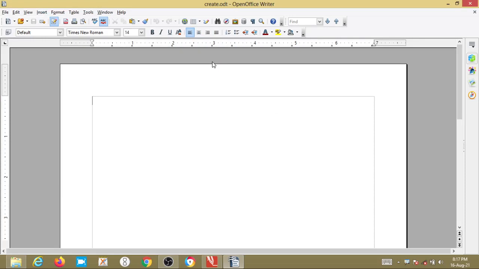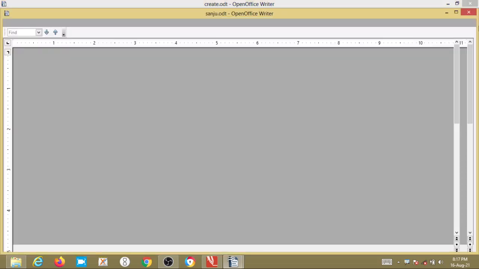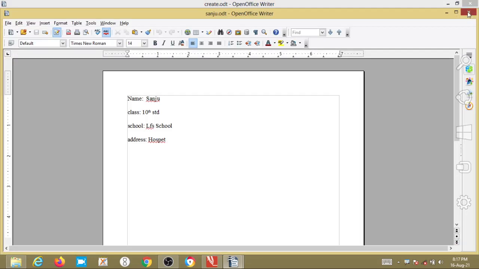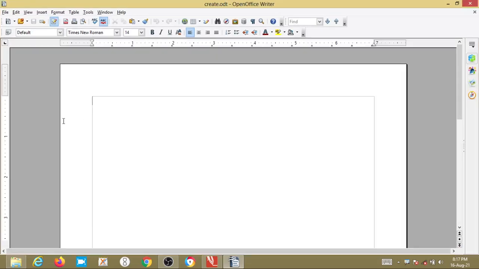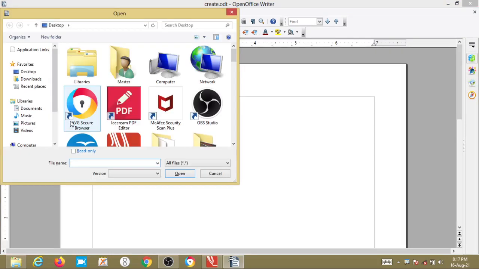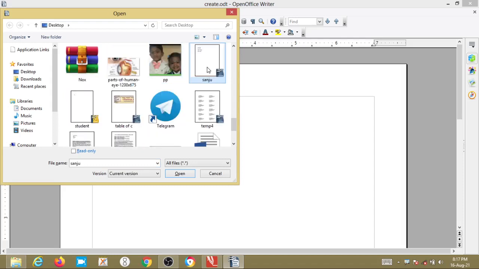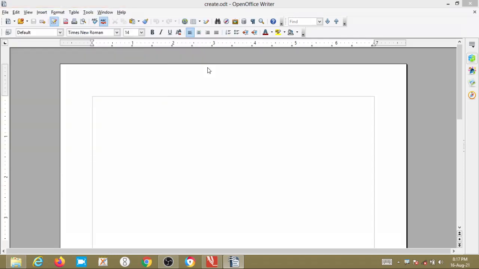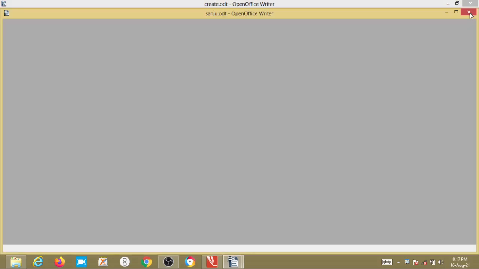This is the second method to open an existing file. Okay, it has got opened, right. Then there is one more way. The shortcut method is Control plus O. What is the shortcut method? Control plus O. Again you will get this dialog box. Click on any one file, then press S, you will go to that particular file, then again double click, and that file will get opened. This is another way to open a file.